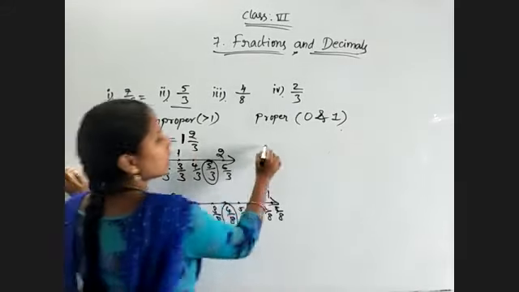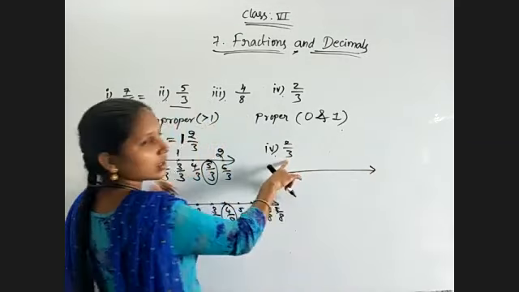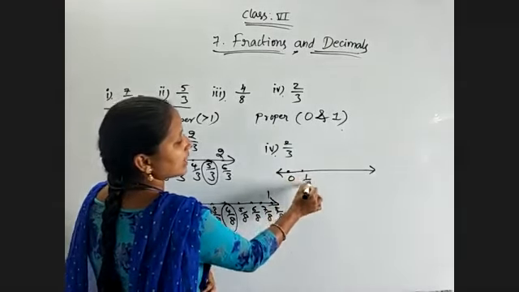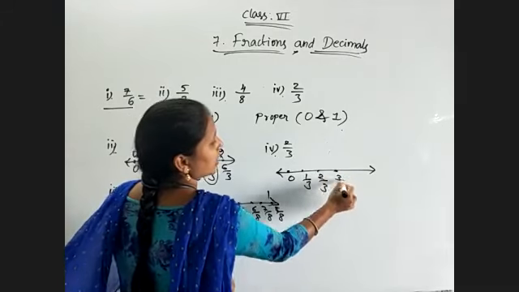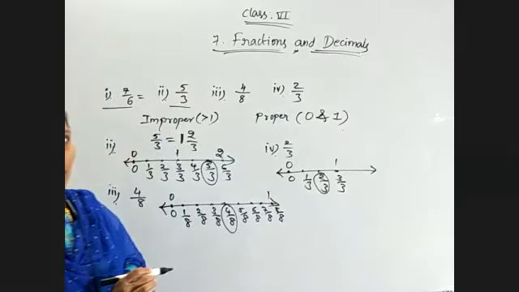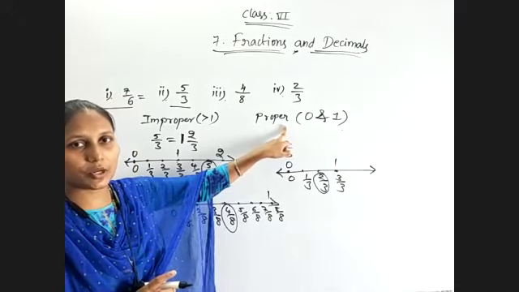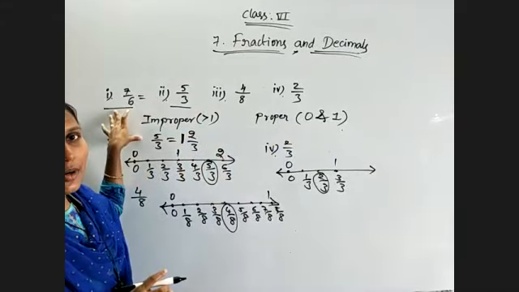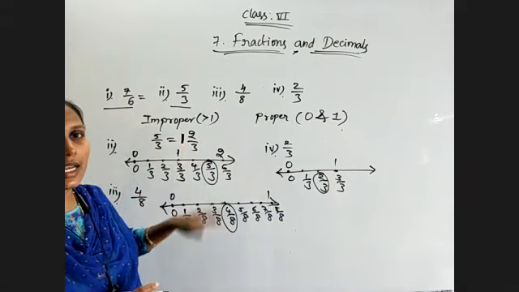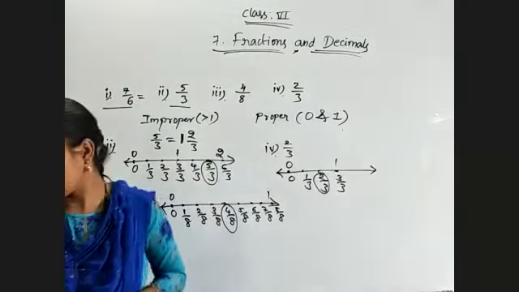Now coming to 2 by 3, again it is also a proper fraction, and each part is divided into 3 equal parts. So 0, 1 by 3, 2 by 3, 3 by 3, and we need 2 by 3. Just observe, it lies between 0 and 1 because it is proper. Every proper fraction lies between 0 and 1. It is very, very important to remember. And all the improper fractions lie more than 1, so depending on their quotient, we need to decide where they lie on the number line. Now we will see some questions and decide where they lie on the number line.